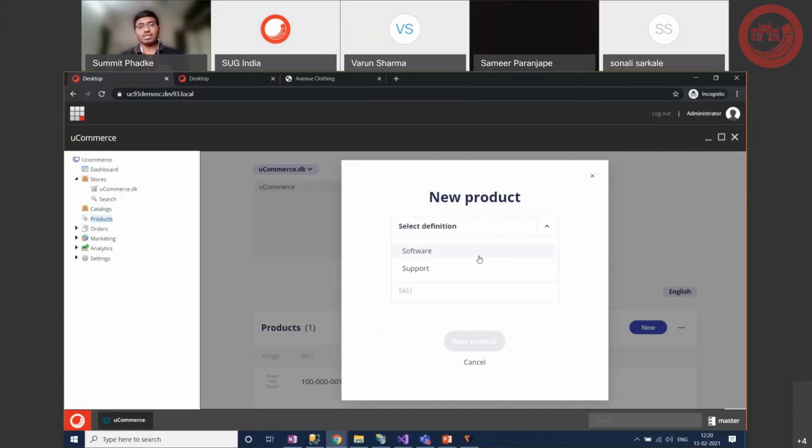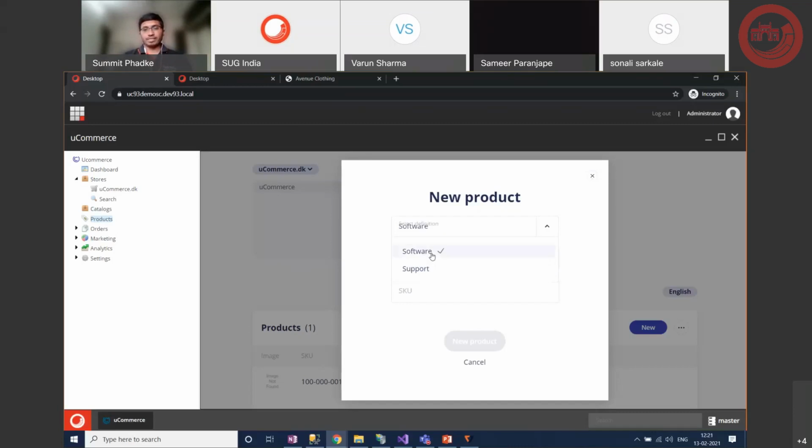When we say definition, you can consider in Sitecore terms this as like a Sitecore template, right? So for example, if your storefront has two different categories, software and support in this case, these are nothing but like Sitecore templates. I'm just trying to give you the analogy. So this is comparable to a Sitecore template, wherein you select what type of template you want, and based on that, it will have a bunch of attributes that you can select for a product, right?